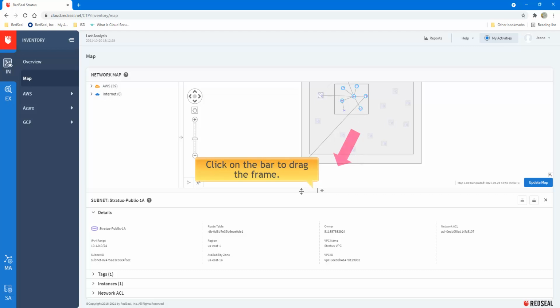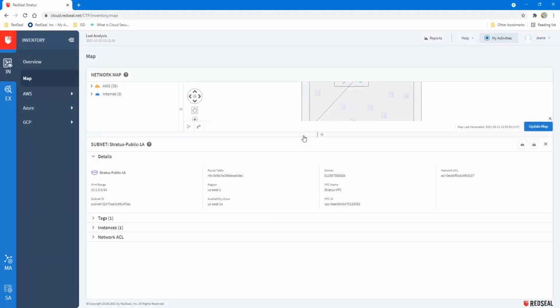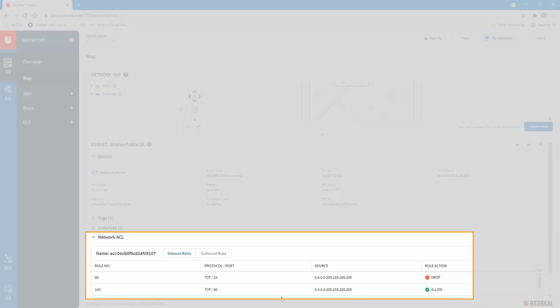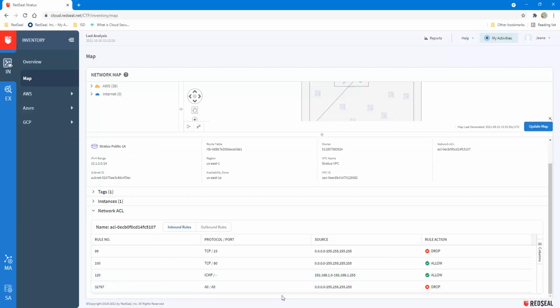That changes the cursor to pull the bottom area upward. Now click within the Network ACL row to open the Details view. This section displays both inbound and outbound rules pertaining to potential network traffic. If we scroll down a bit, the rules appear in the priority order set in the AWS security group associated with the subnet. By selecting the Outbound Rules tab, we can check the security rules associated with traffic leaving the